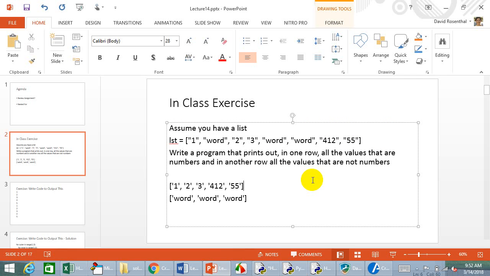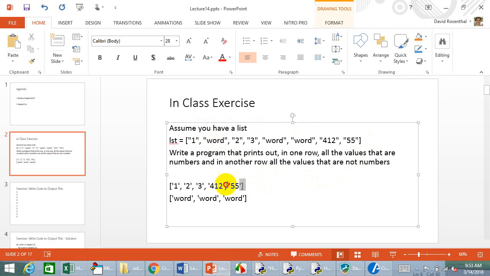One list that only consists of those values in the first list that are numbers, and then those values that consist of alphabetic characters. You can assume that if it's not a number, let's do it the following way. If it's not an alphabetic, then it's a number. That's the only 2 things in the list. So write code now that takes this list in, and assuming you either have strings that are numbers or just alphabetics,